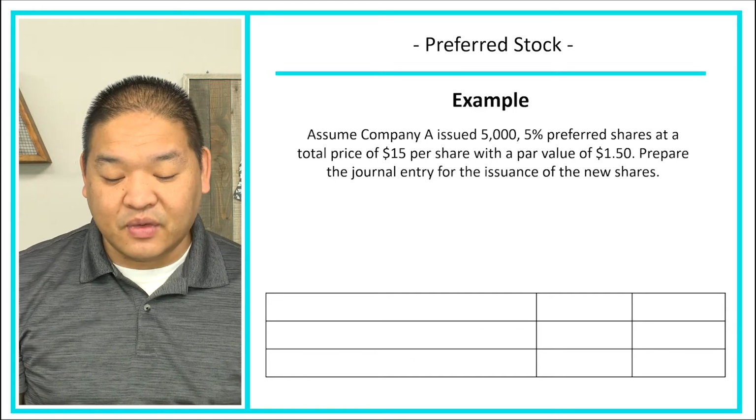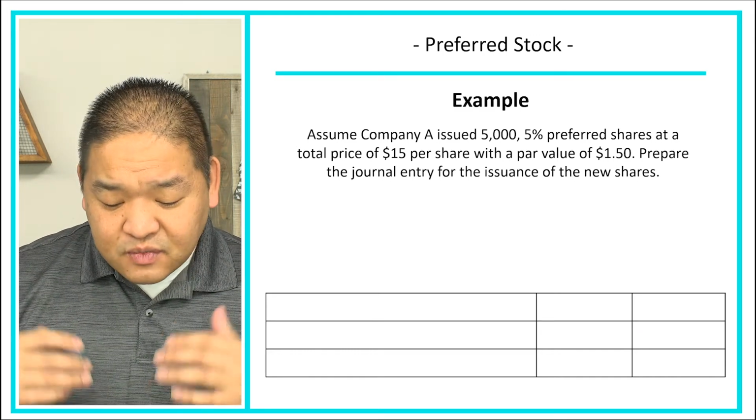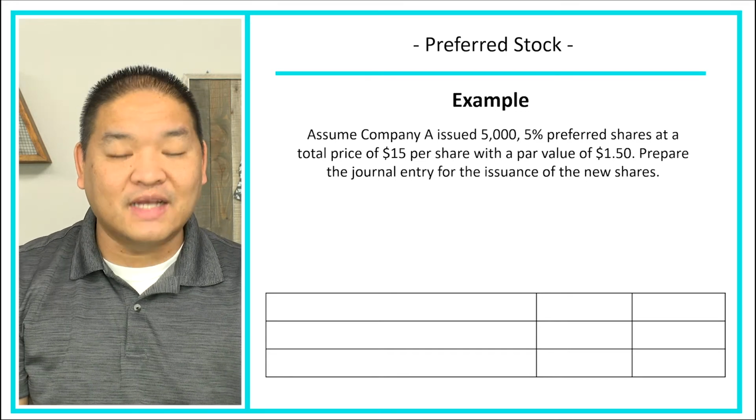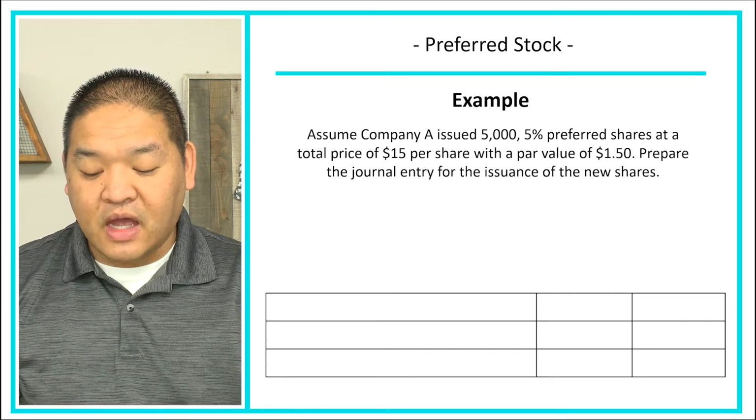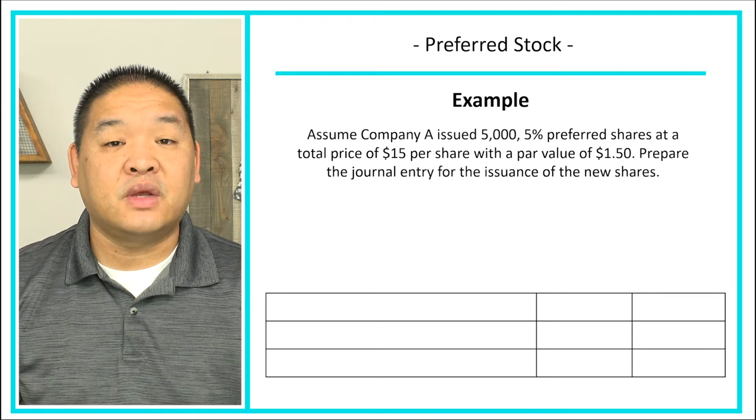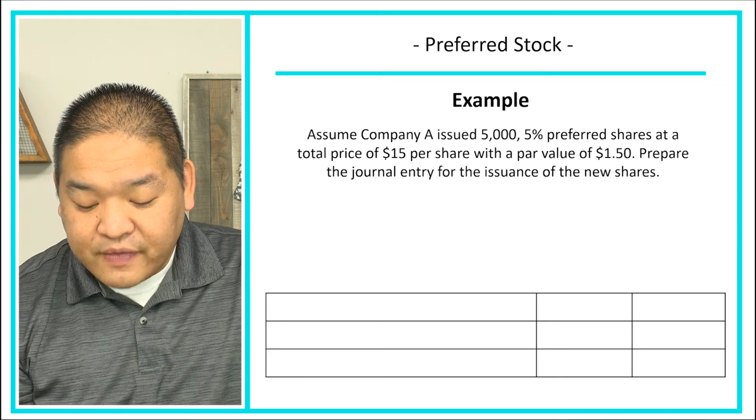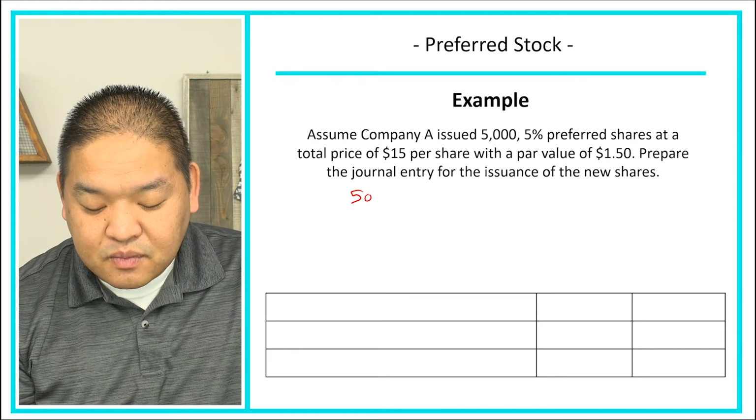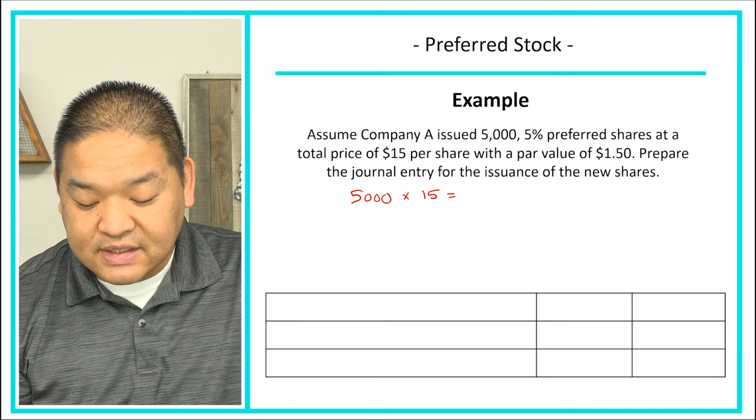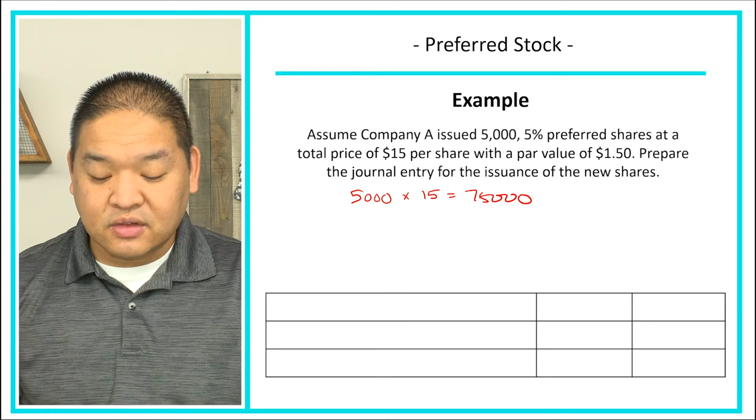So let's look at an example here just to help us understand that journal entry. Assume company A issues 5% preferred shares at a total price of $15 per share with a par value of $1.50. Prepare the journal entry for the issuance of the shares. So the first thing that we need to do is figure out how much cash we're going to receive. In this case, we've got 5,000 shares, and we're going to sell them at $15 a share, which would give us $75,000. So by issuing 5,000 shares at $15, the company's going to get